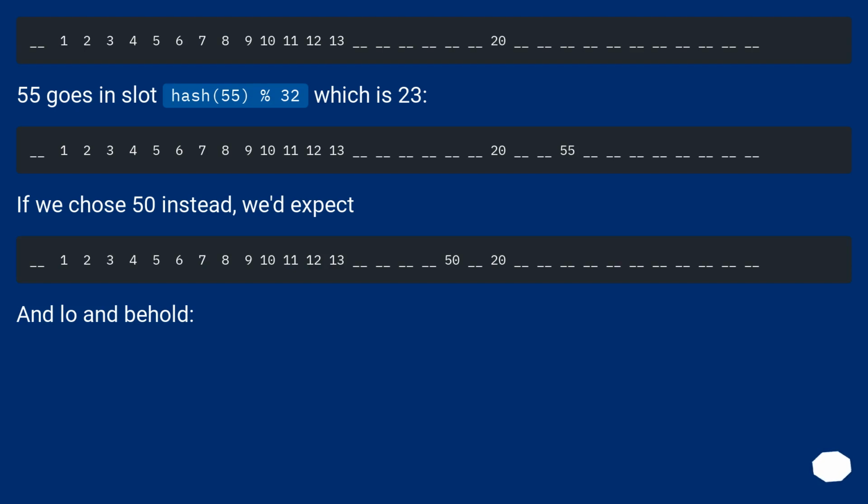$55 goes in slot hash 55 % 32, which is 23. If we chose 50 instead, we'd expect... and lo and behold,